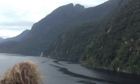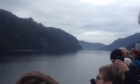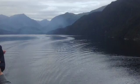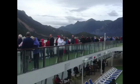The island you see is Resolution Island, named by Captain Cook, and although not spectacular, the sound was beautiful, and unfortunately, because it was a dull, cloudy day, we didn't get a full view of the mountains. There were a few waterfalls, and having spent 90 minutes, we then exited by Breaksea Sound to the open